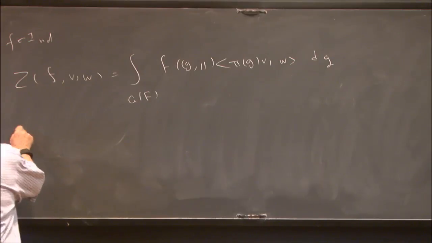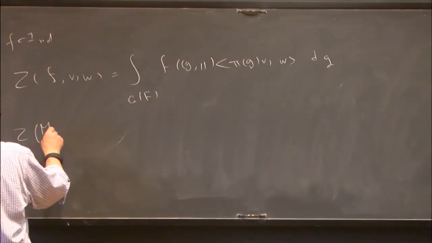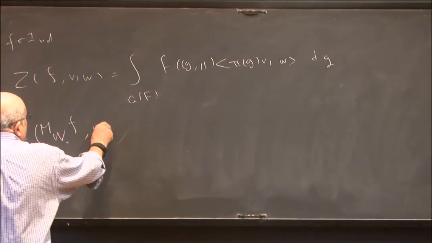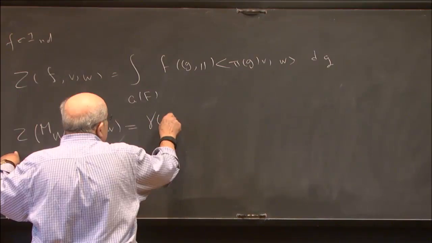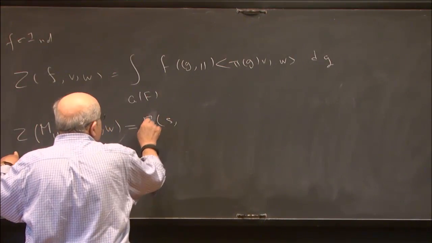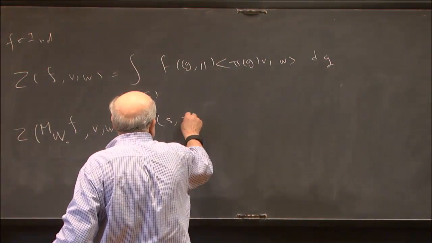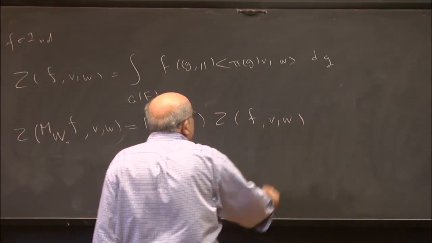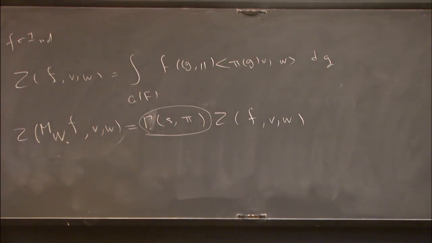Then they look at the Fourier transform, not the right one. It's just going to be this equal to M(w_0) acting on f, and then again v and w. And then these two things are proportional, so they give you a gamma function. This is not the big gamma. It has nothing to do with the normal gamma function. And then this is Z of f, v and w. Now this is wrong.